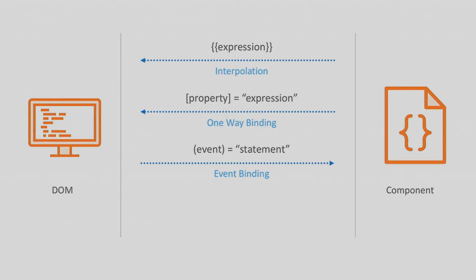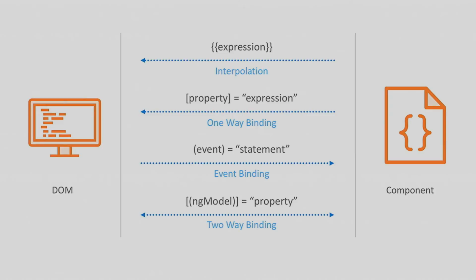Go Google digest cycle if you haven't seen this. In Angular 2, they said, let's get rid of that. Let's make it go in one direction. That way, we know where the source of truth is. We always start at the bottom, the component, and go up. Once we get to the DOM, it's done. One time, one direction. Same thing with events. Start at the DOM, go back down.